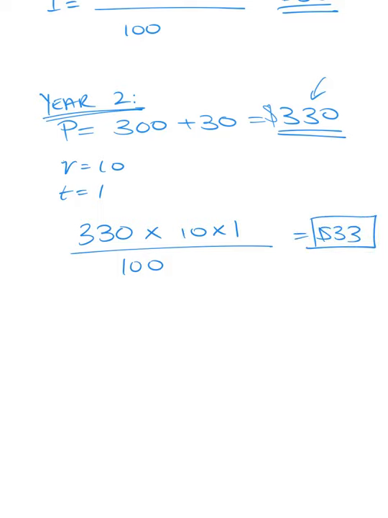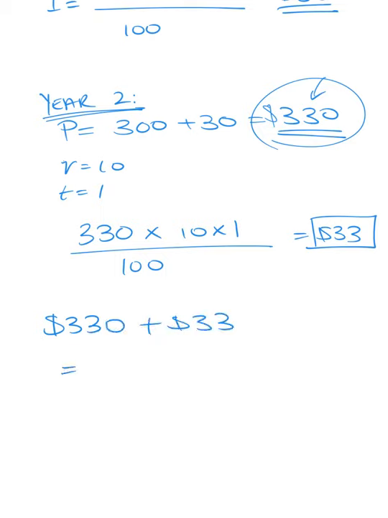Now this is the interest gained, but the question said find the total value of the $300 investment invested at 10% compounded annually for 2 years. So we need to find the new value after 2 years. So after the first year, the value was $330. So at the end of the second year, that's going to be $330 plus $33 interest gained. So the new value of this investment is $363. So that's the new value